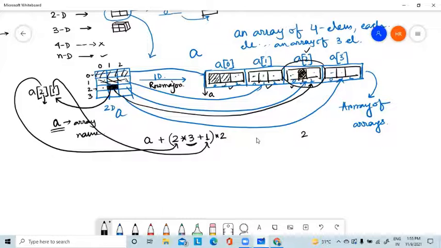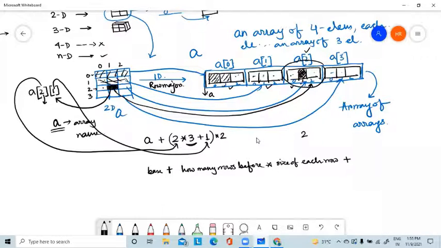So first I have to write the base address, correct? Plus how many rows before, into the size of each row, correct?